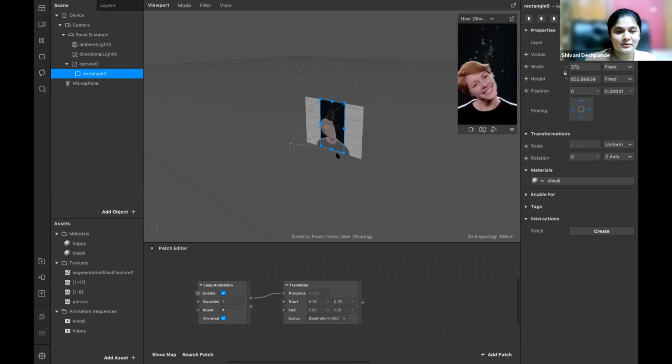So what pinning does is it pins it from all sides, it will stay pinned on all four sides, right? So that problem won't happen. And if you don't want it to be pinned, you can pin it to the center.